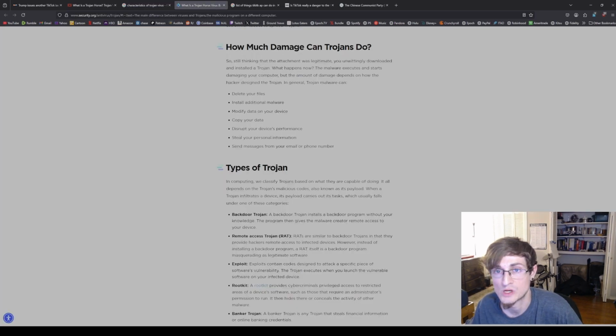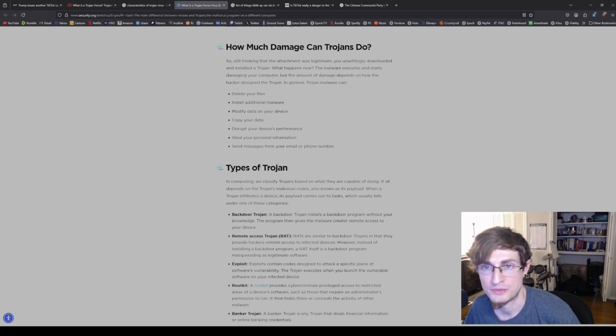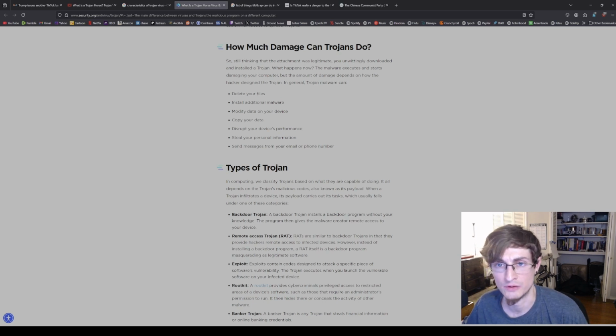And there's a couple different types of Trojans right there. We're going to go to security.org real quick, and it'll go over a couple more things that Trojan malware can generally do. Thinking the attachment was legitimate, you unwittingly downloaded and installed a Trojan. What happens now?